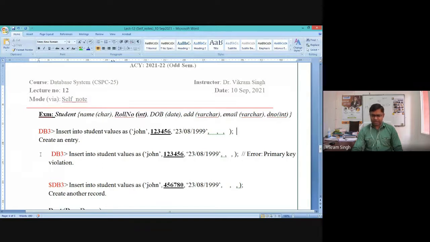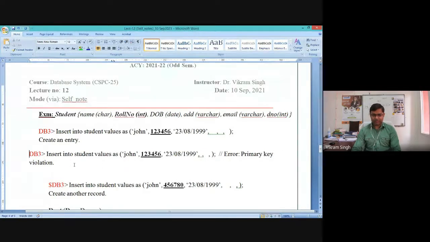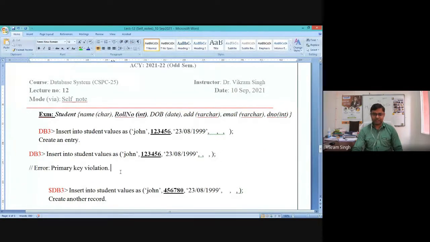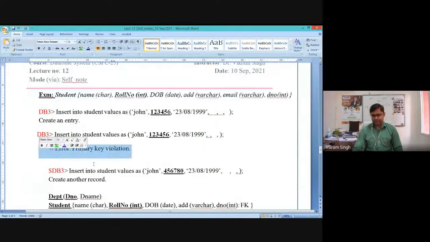Now if you insert the same value again, like the same expression which we have just introduced is executed, it will show an error, because the same set of attributes and same set of values are being introduced. So it will show a primary key violation because the values already exist in the database table student. Similarly, this is something very obvious, right? And if you modify this value, which is roll number, because for the student schema which we are observing, roll number is the primary key, so if you update this roll number value,